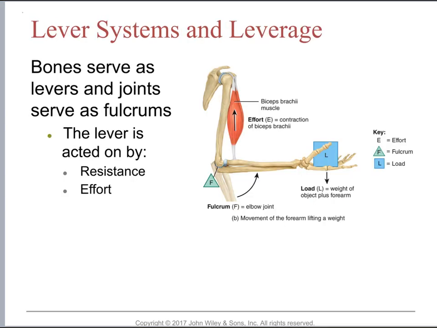So we could compare our joints to a lever system and how it leverages the weight to get our movement. So typically we think of this like a seesaw where we have a fulcrum, right? So a pivot point. We have a load that we have to overcome with an effort. Okay, so in my drawing, my seesaw is perfectly even where the effort equals the load. Now, the lever is acted on by these few concepts, resistance and that effort. So again, resistance would be the load, so the weight that we have to overcome in order to move that